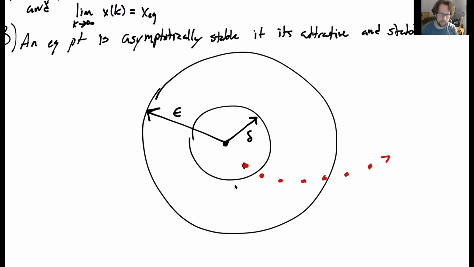All right, so like I said, we have multiple different types of solutions. I just plotted an unstable solution. We can also have a stable solution that's not attractive, right? So if we start, say, from a different initial condition that's delta distance from the equilibrium point, a stable solution will update like this, and it'll stay inside this epsilon band. All right? So this is an unstable solution. This is a stable solution.